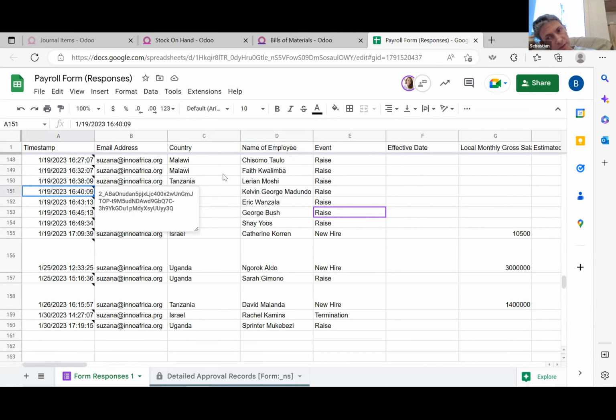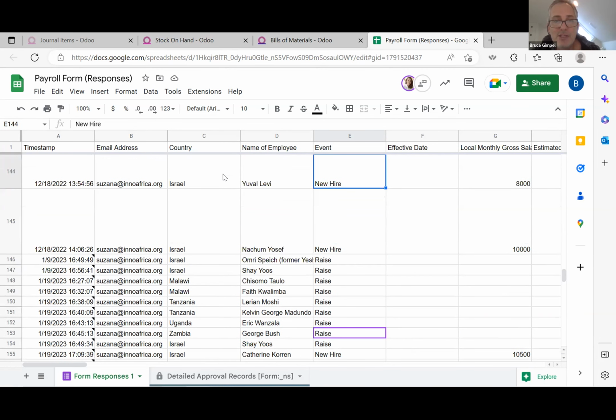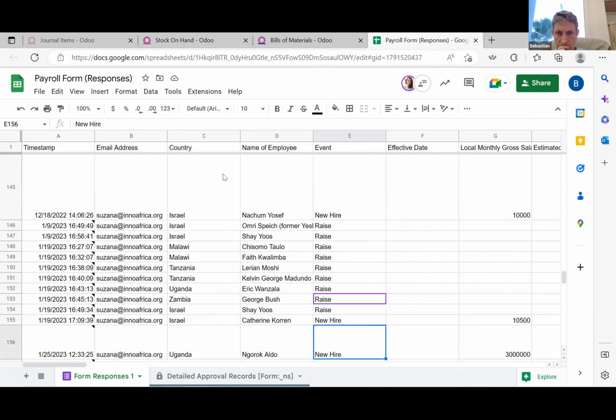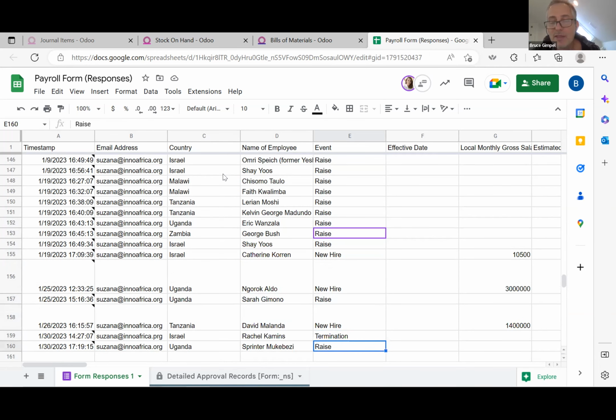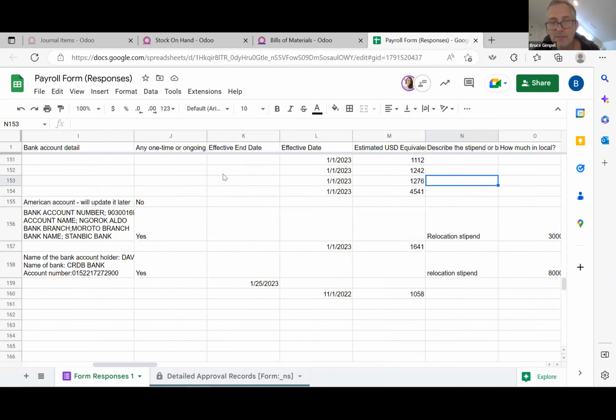Like I said, we can go in here, and the anticipation would be: you look at this sheet, make sure any events that have happened in the last month are reflected in the payroll. And if they don't have them in here, they need to put them in here, because otherwise they're going to be missed. And make sure that they understand that you can't be getting all these emails about all these changes,